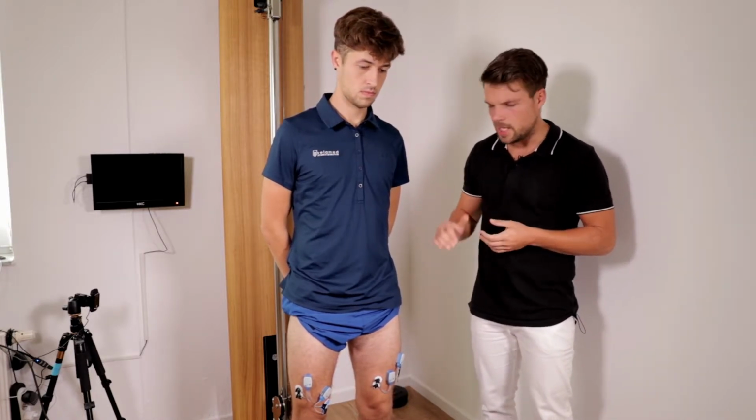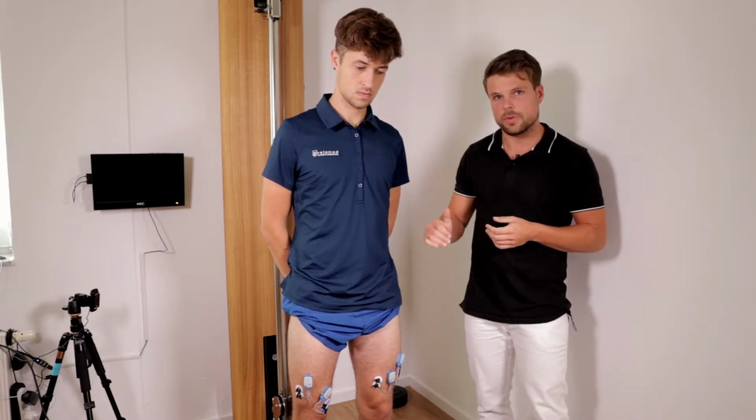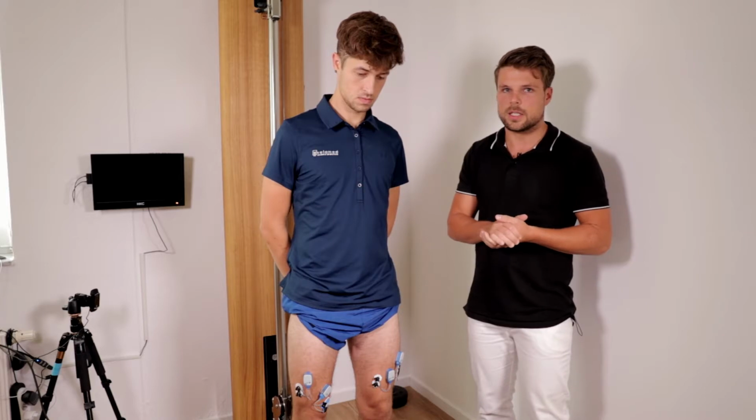So the main benefit of the EMG is that you will see what your patient does. For example, you have a patient with knee pain and you will train the vastus medialis instead of the vastus lateralis, with a dominant effect on the vastus medialis. The main course in this case is that you